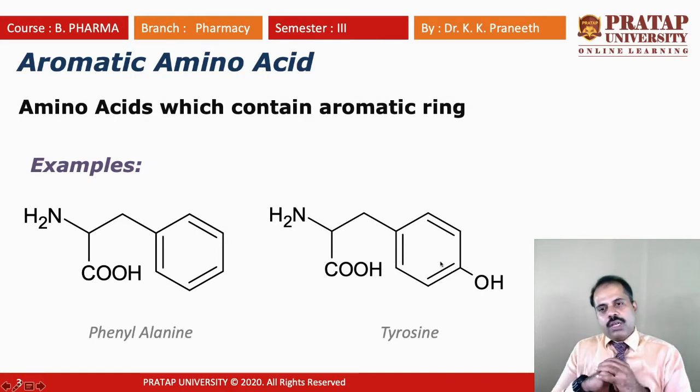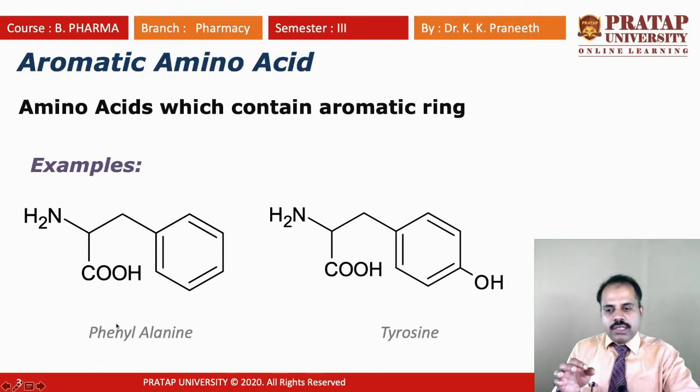The next type of aromatic carboxylic acid is the aromatic amino acid. This is another type, like amino acid. We have studied amino acids in biochemistry in the first or second semester of B Pharm. Amino means the NH2 group, and acid means the COOH carboxylic acid group. So an amino acid contains both the amino group and the carboxylic acid group. But if it also contains an aromatic ring, it is called an aromatic amino acid.